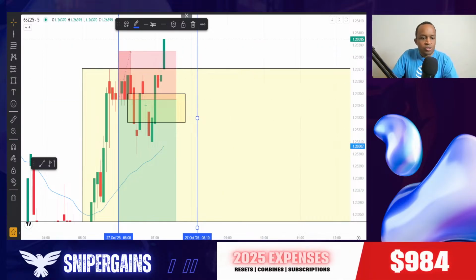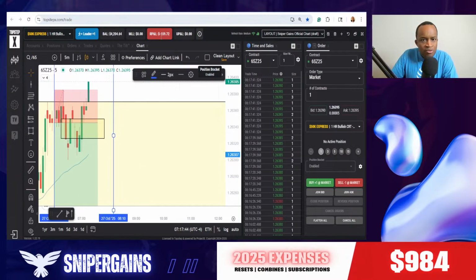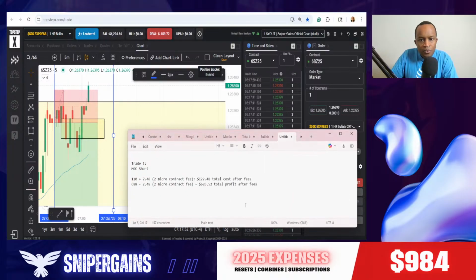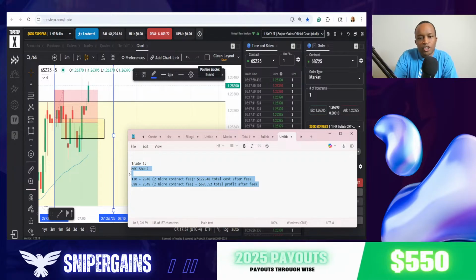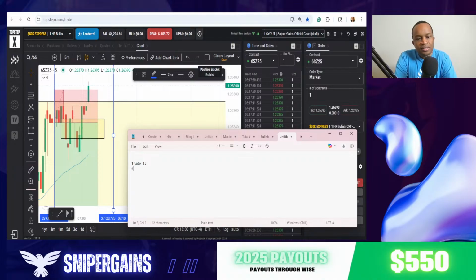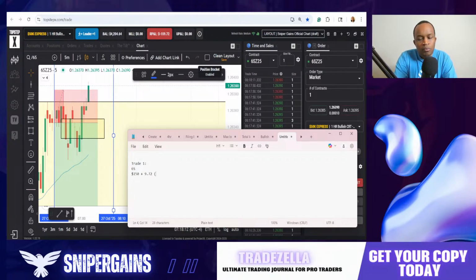Okay, that's a loss. So we're going to have to move on. That was a loss of 159.72. So we need to record that. Trade 1 was a short on Swiss franc. The original risk was 150 plus 9.72 for the fees, for the fees for 3 minis. So that equals